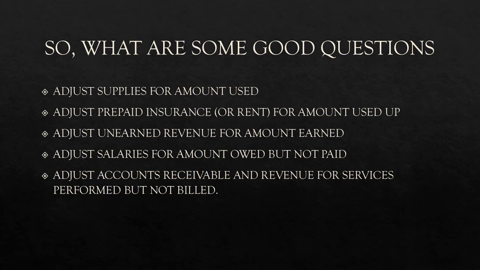So adjusting salaries, usually the way that that's stated is my payroll gets paid on a Friday. The end of the year falls on a Wednesday, or the end of the month falls on a Wednesday. I pay $5,000 a week, and so how do I make the adjustment? And typically, in that particular case, if it fell on a Wednesday, you would debit salaries expense for $3,000 and credit salaries payable or wages payable, whichever one it happens to be, for